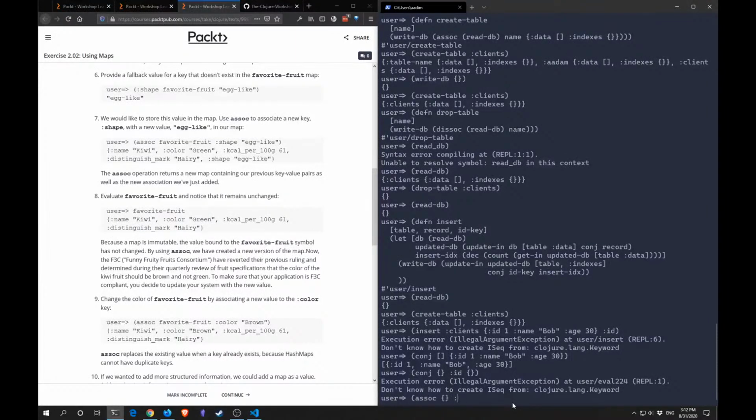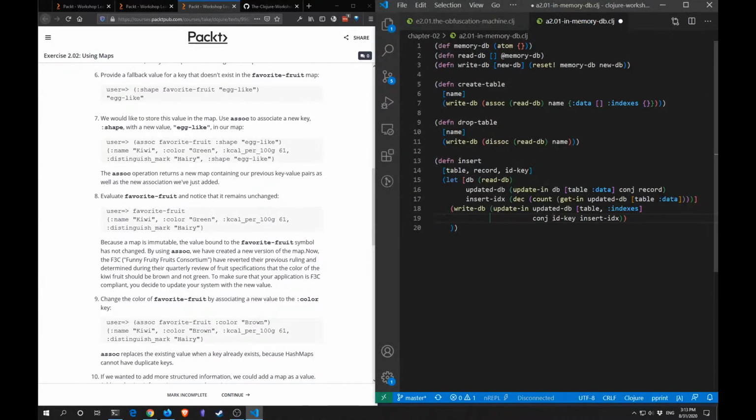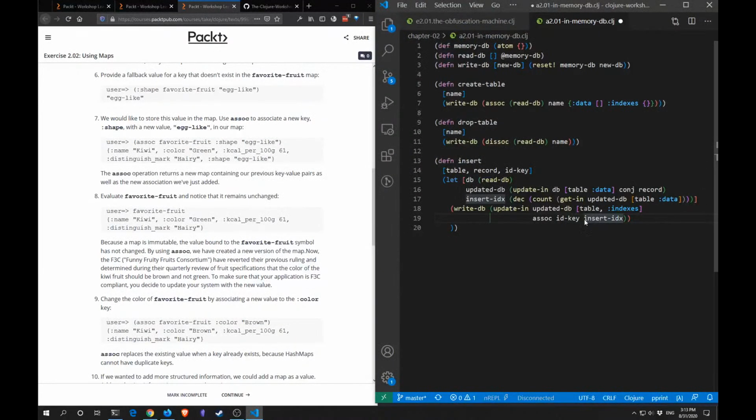So a sock id and this, yeah, let's first change it to a sock id key, insert index id key, and here we should return a new